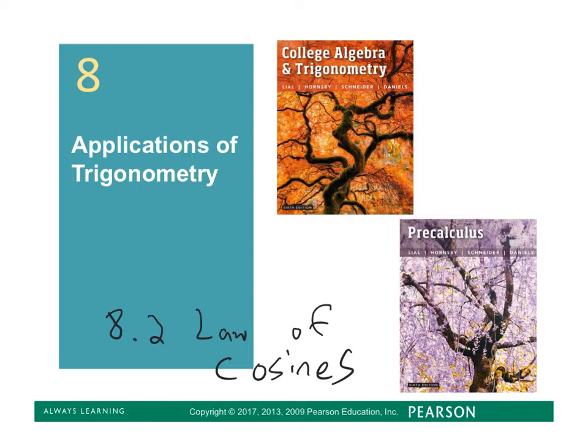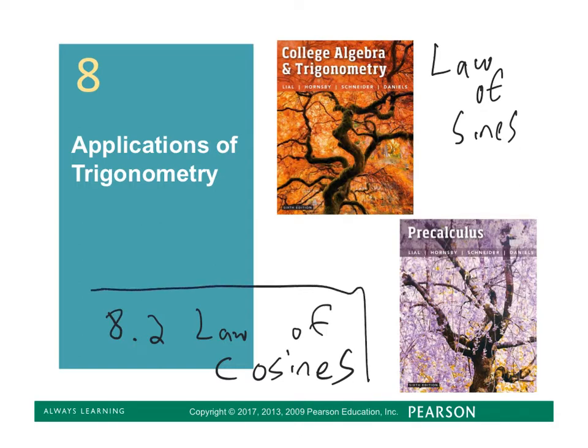Okay, chapter 8, we're still there. And the application of trigonometry that we're using today is Law of Cosines. Law of Cosines piggybacks off of what we had in the last lesson, which was Law of Sines. Law of Sines was used to solve triangles. Well, Law of Cosines is also used to solve triangles. And when I say solve triangles, it means to